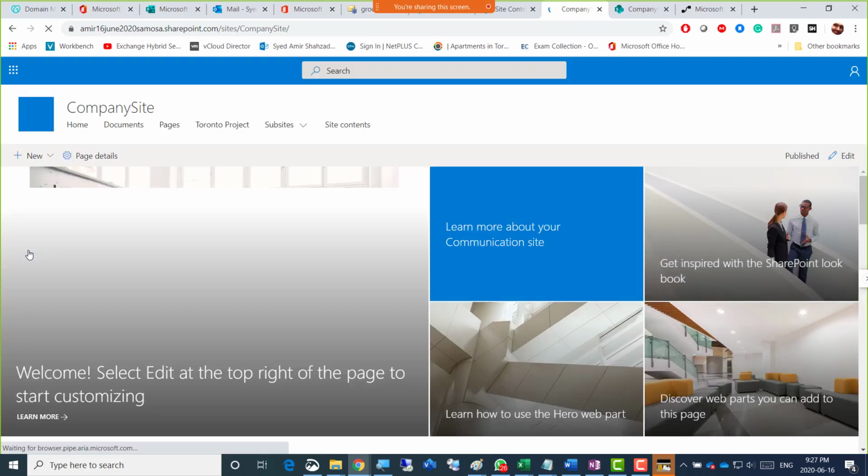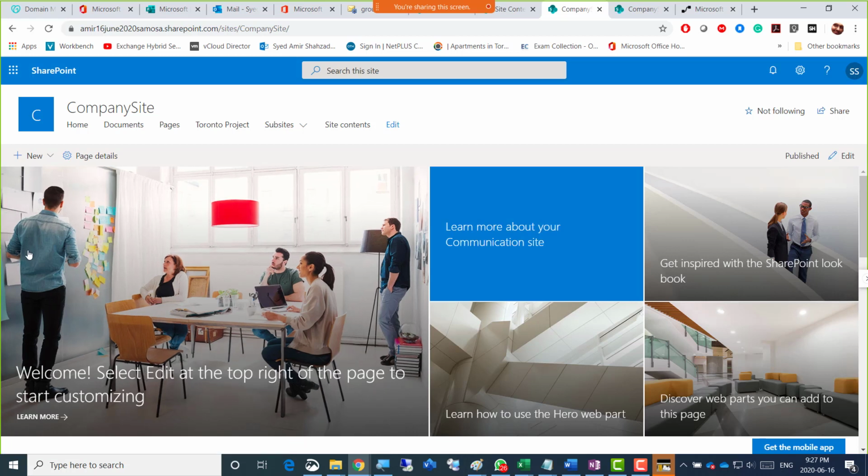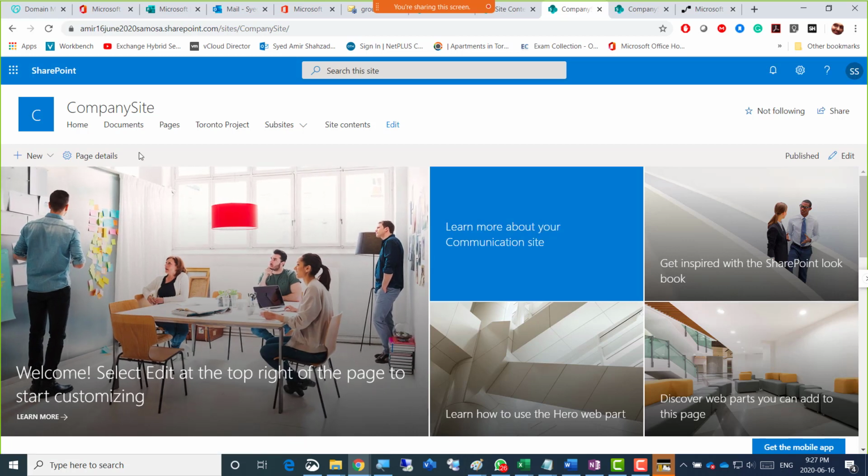But if I go to the parent site, can I go back to that subsite? I'm back at the parent site now, right? So is there a link that takes me back there without using the back button? Yes, there is Subsites here, and if I click that, it drops down to sales department. It shows there because when we were creating it, we mentioned to put it on the navigation bar. When you go to the subsites in the company site, suppose there are 5 or 6, you can see all of those here as subsites.